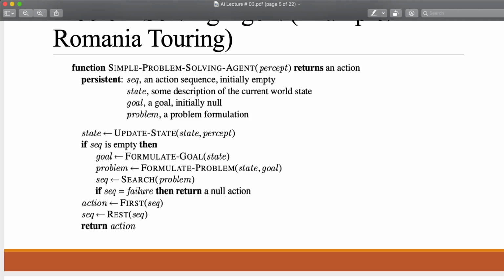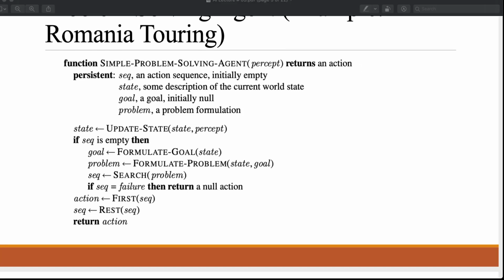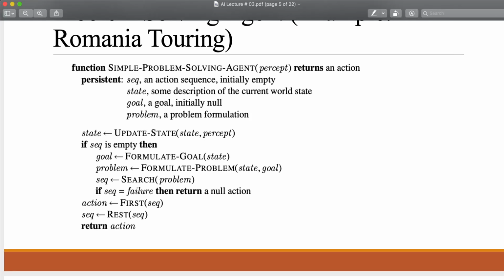So we receive a sequence, and that is basically a sequence of actions that will take the agent to the goal state from the current state. Okay, so once we receive this sequence,